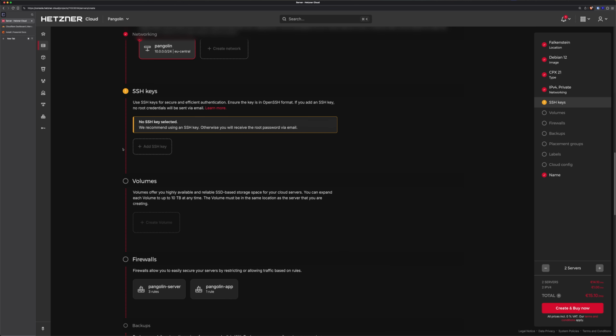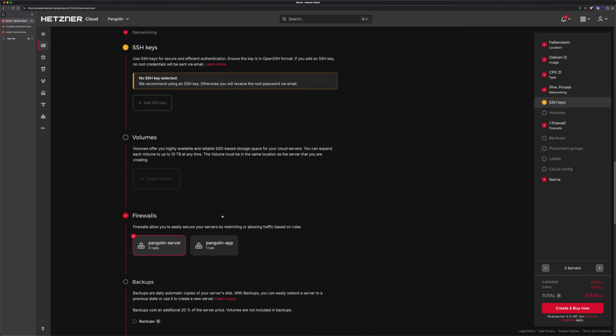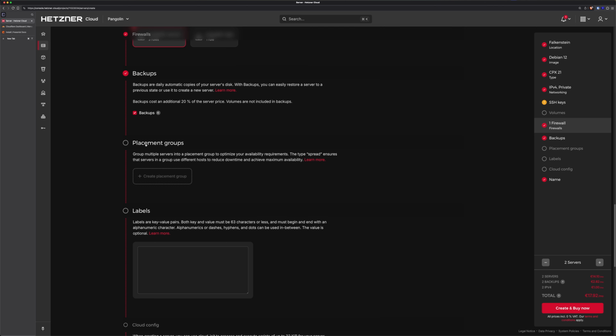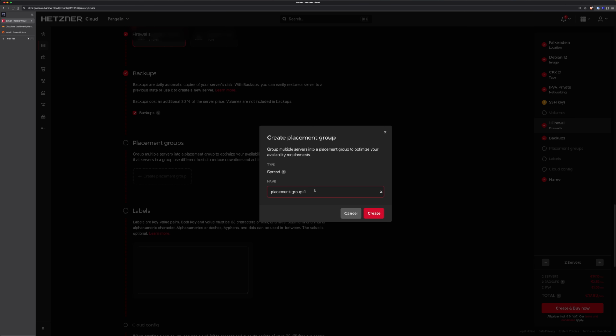If you have SSH key, you can add it. I'm using the cloud init file. And then we want to attach those servers to our firewall. You can enable backup. And then we will create our placement group. The placement group is that by default, if you deploy your servers, they will live on one single, basically bare metal machine. With the placement group, those will be split to different servers. And we can create our placement group,